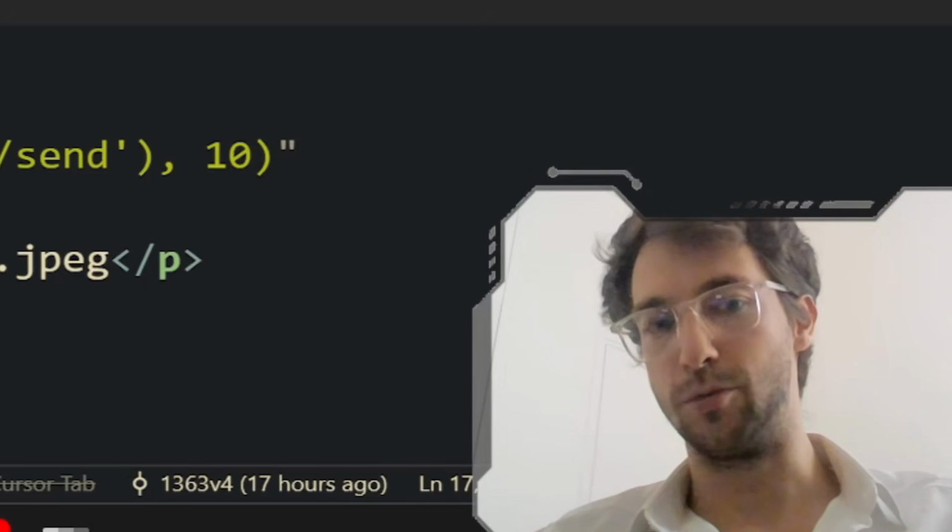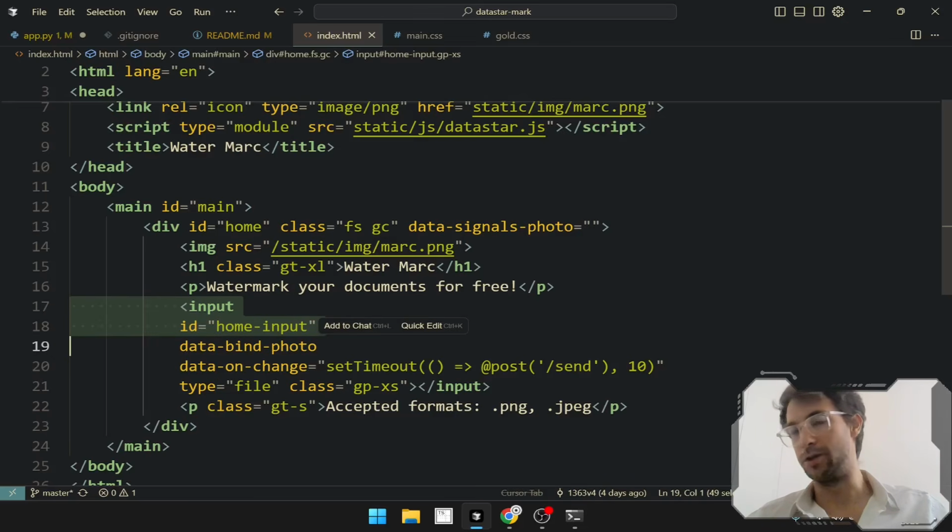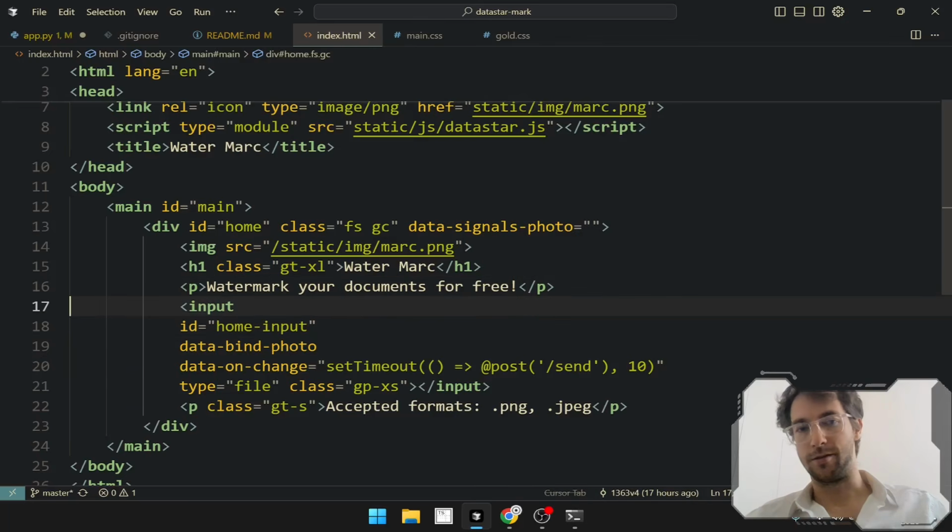How does the input work? This might be confusing at first. You are binding a signal to a file. Well, for uploading something, when you upload something, it is converted to base64 and you get a fat string that you can attach to a signal. There is not really a problem for the limit of the size that you can send, at least for an image. It's absolutely okay. And yeah, we bind that to photo,